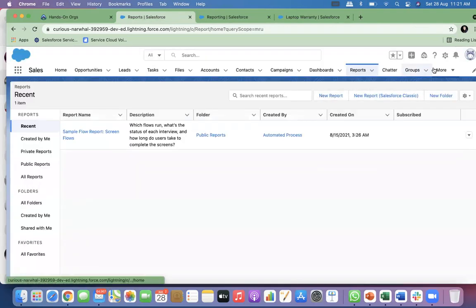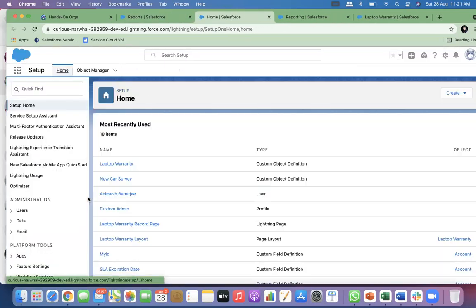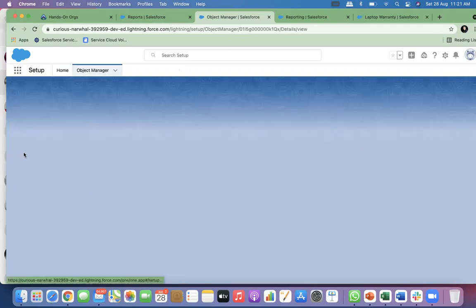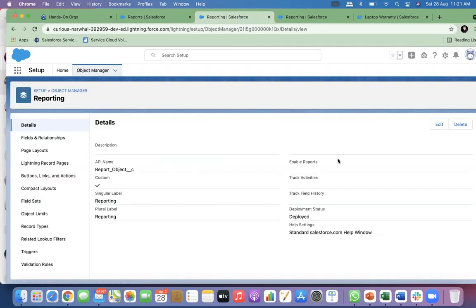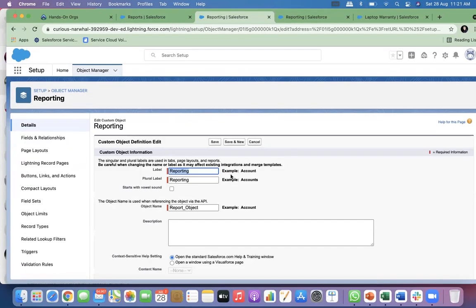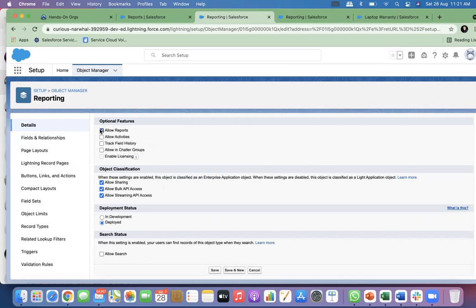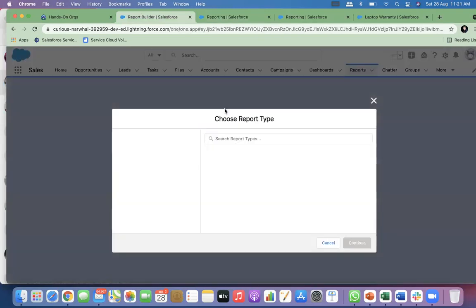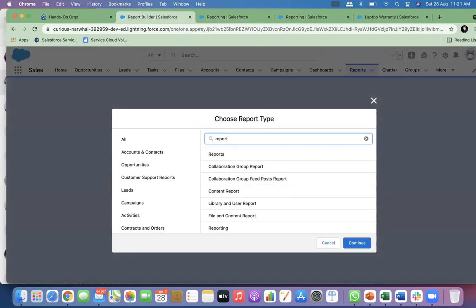But if I go back in here and enable this, now the reporting object is coming. Okay, so you can create a report.